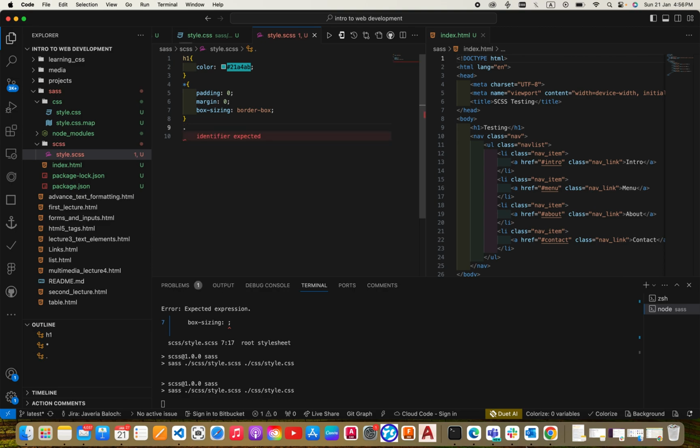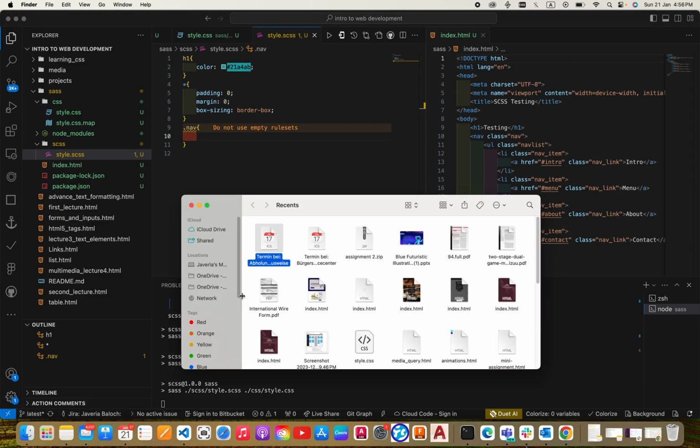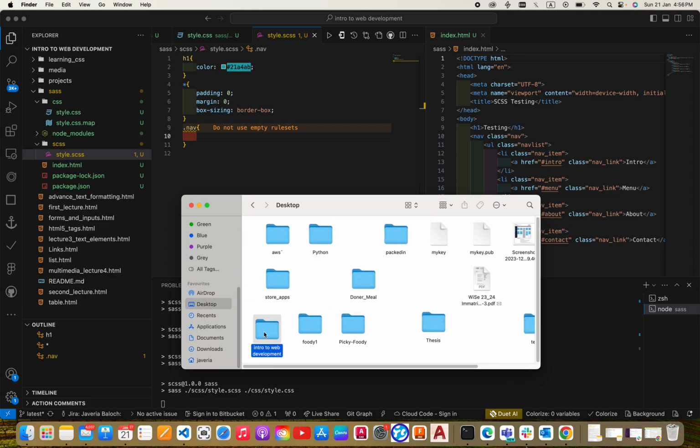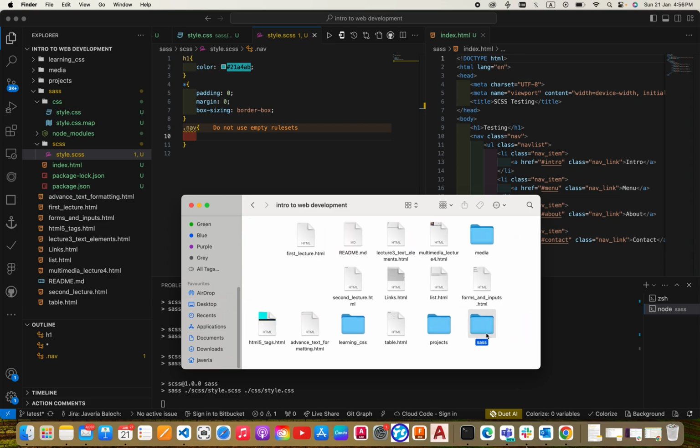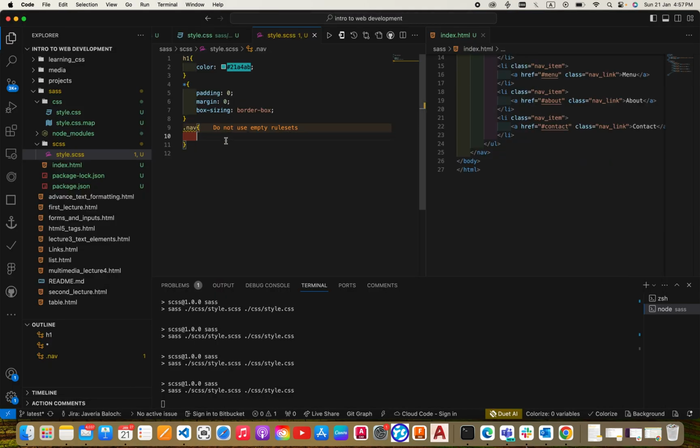For that, first I need the nav. I'm opening the index file just for your understanding. Here is the SCSS and here is the index file. Now I want to add a background here, so you can see how I can declare those things. It is just CSS but much easier than CSS. So the background